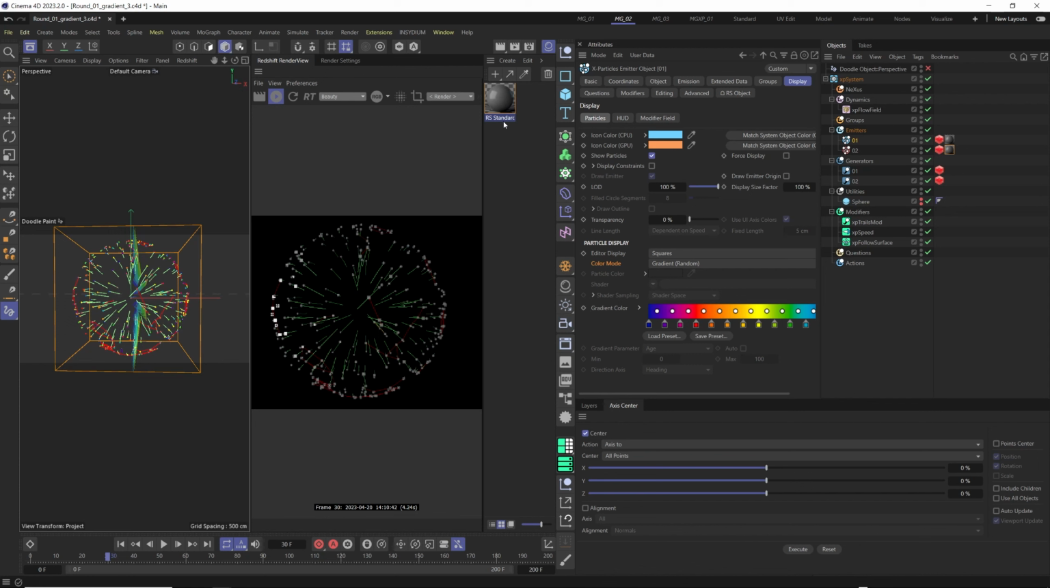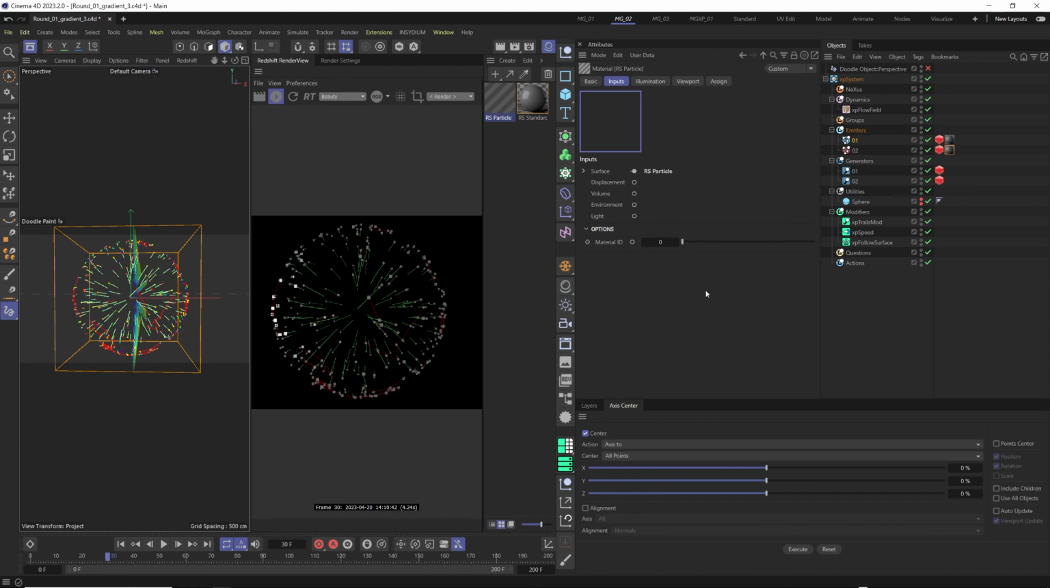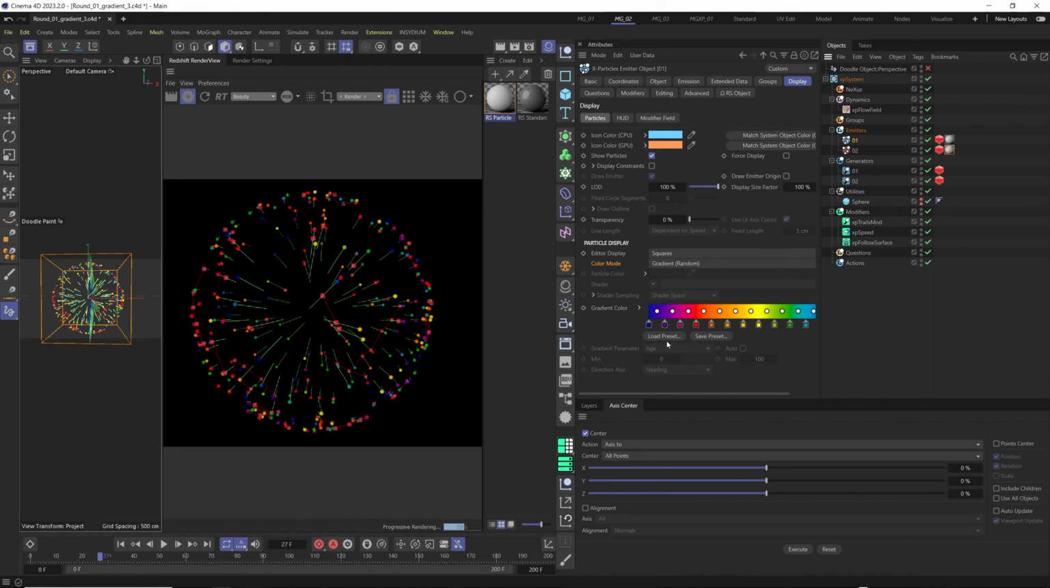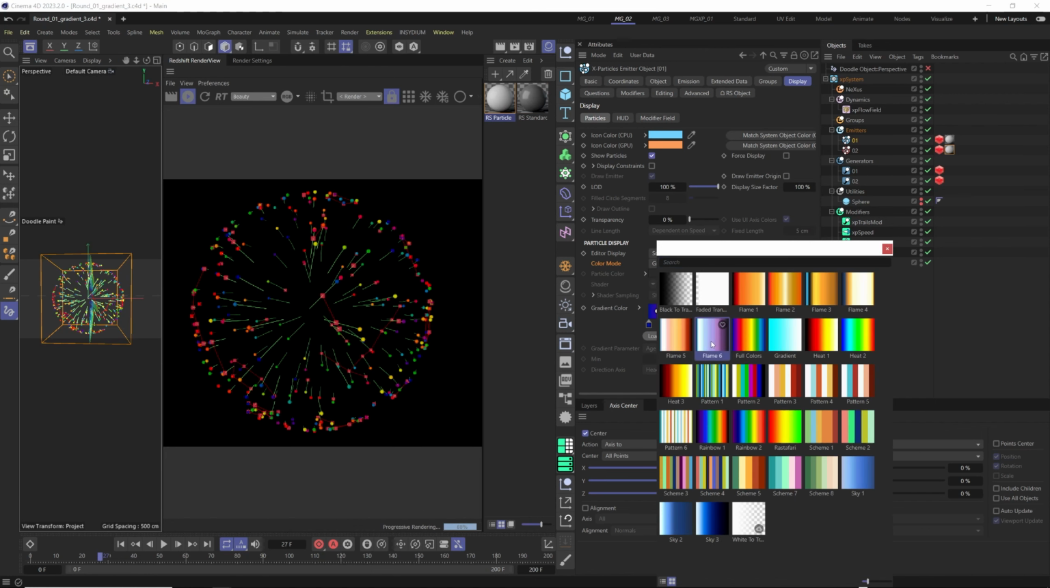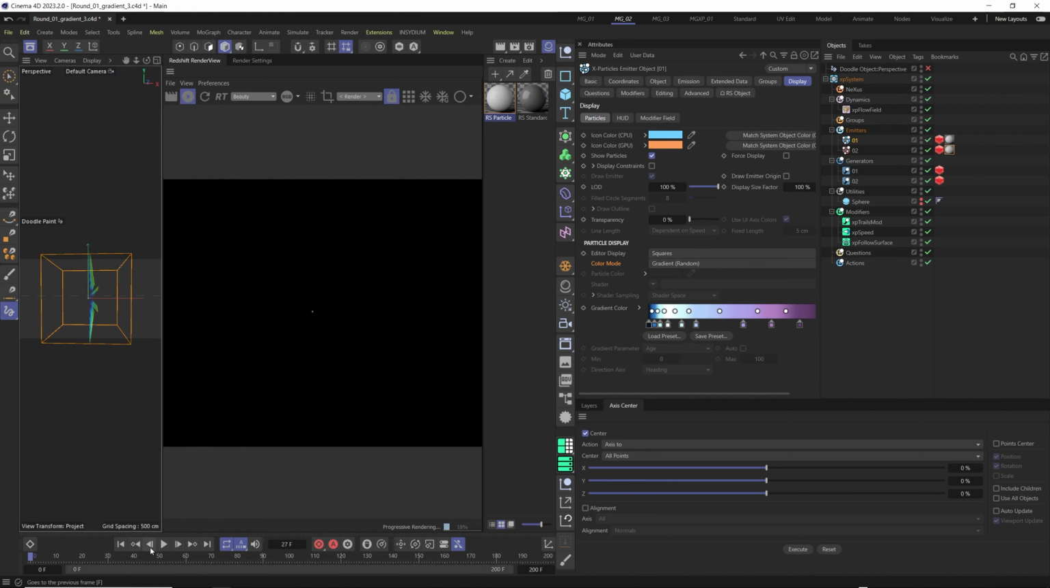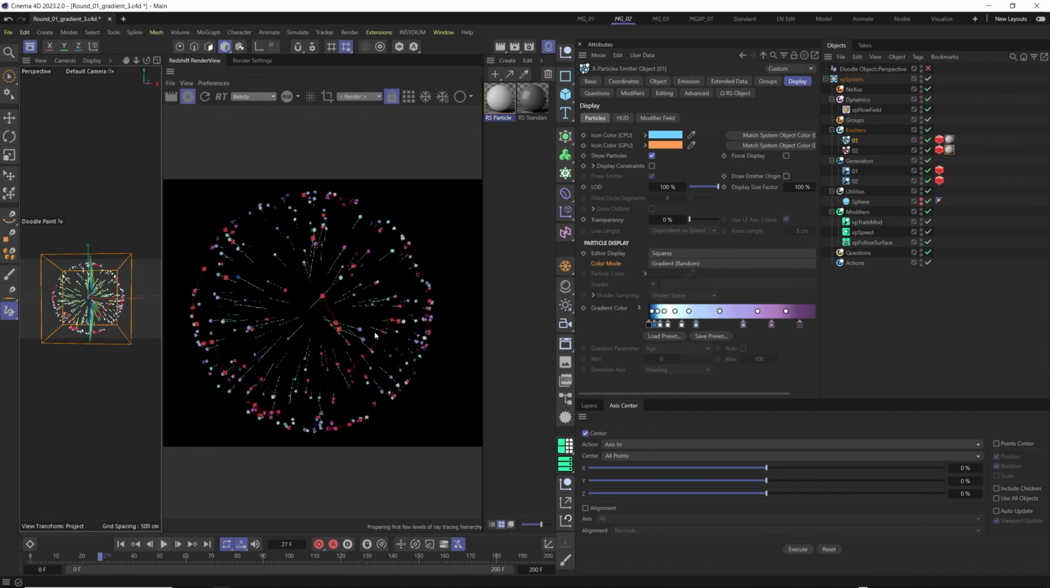Why? Because we selected RS material standard, and to see all of the random colors we need to select another material, the particle material. Just drag the particle and replace it. And whatever color you load, for example from the color gradient, when you change it you will see the color also change. And this is great because you only need to change the color of your